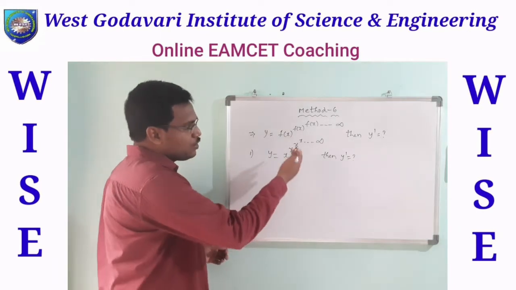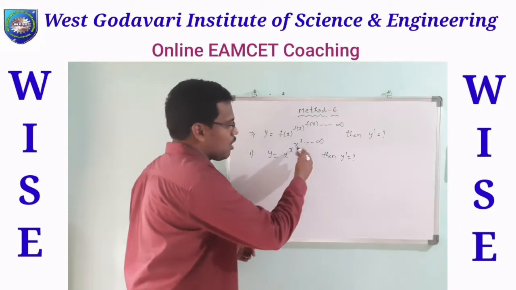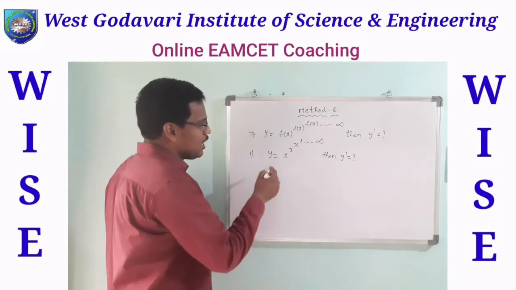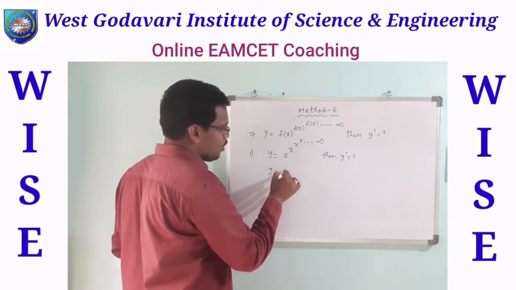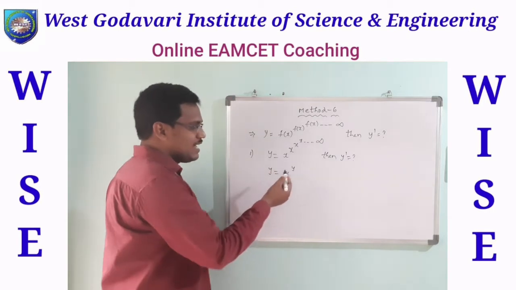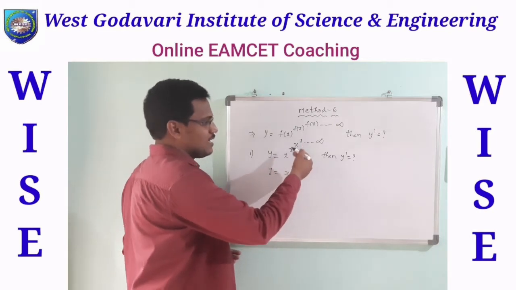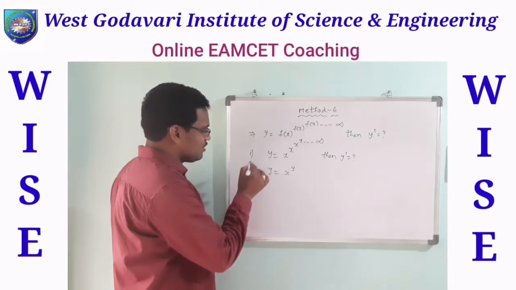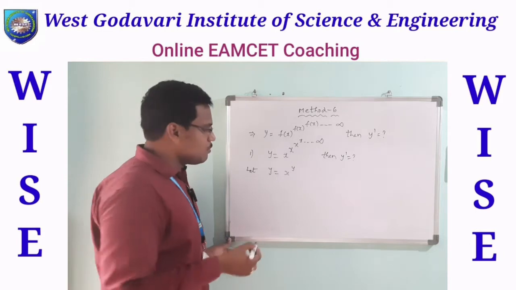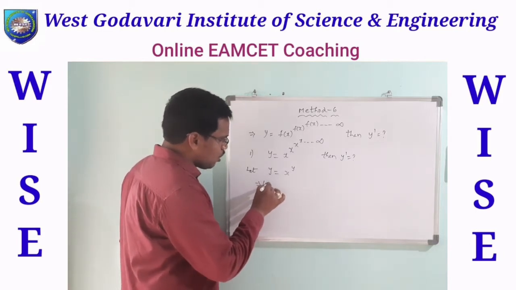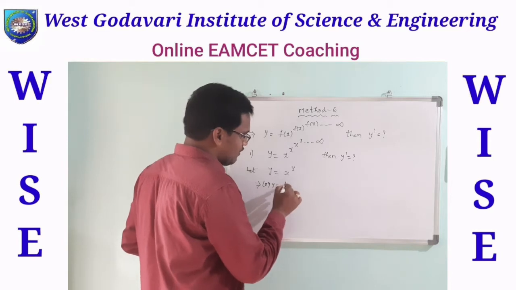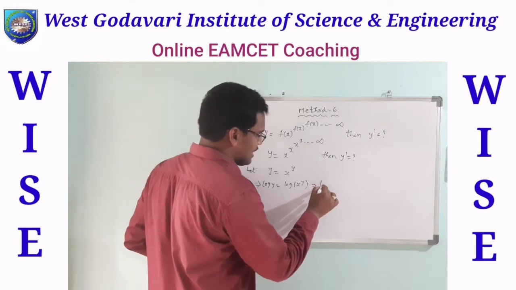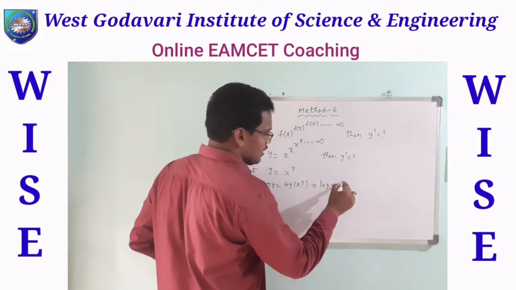So before doing this problem, here we have powers of all the functions up to infinity. So let us take it simply as y is equal to x to the power of y. Here y is the whole tower of powers, x to the power of x, x to the power of x. So this is our taken term. Now apply log on both sides, then it becomes log y is equal to log of x to the power of y, so that implies log y is equal to y log x.